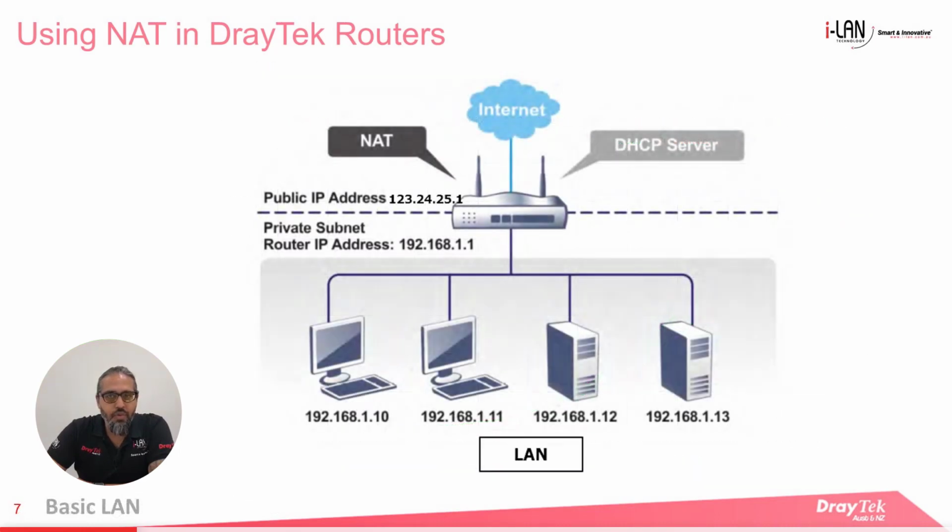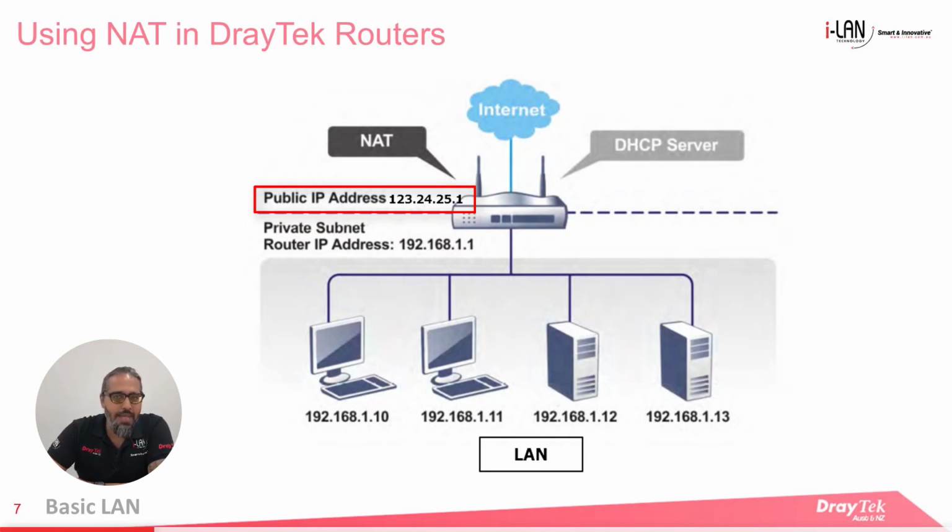This diagram shows a simple LAN setup which all network technicians should be very familiar with. Here we see 4 devices on the local network, each with a private IP address. This constitutes a typical local area network compared to the internet, which is known as a wide area network or WAN. Our router at the top has a public WAN IP address of 123.24.25.1